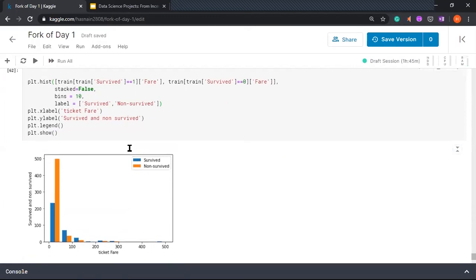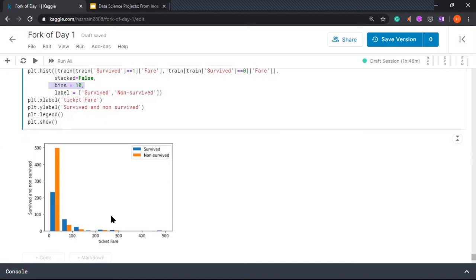So when we created this graph, again going to the parameters that we are passing, the first one is the fare of the people who have survived, then the fare of the people who have not survived, and we are telling it to divide the input into bins of 10. So we are telling it to divide the input into 10 bins. So 1, 2, 3, 4, 5, 6, 7, 8, 9, and these are non-existent. But then there will be 10 groups for survived and non-survived. The pairs, there will be 10 pairs. There are no people who have paid fare 400, so there's no bar over here.